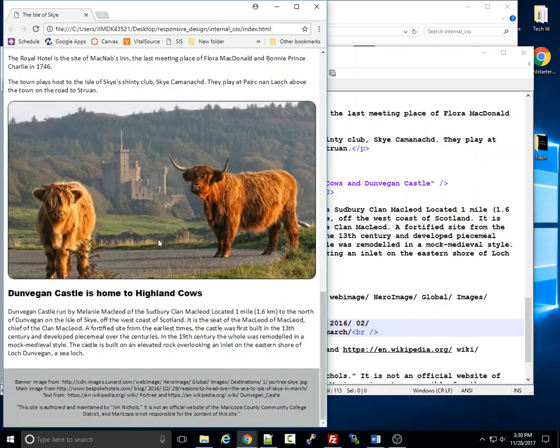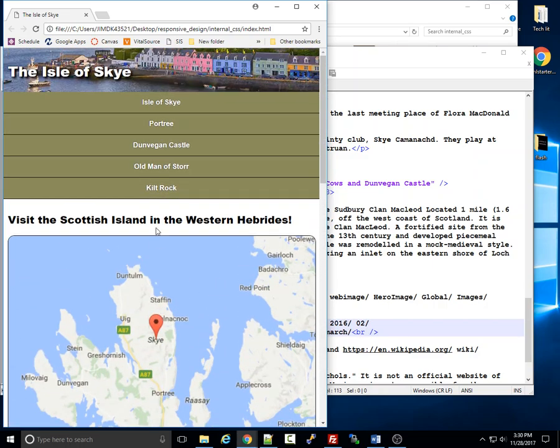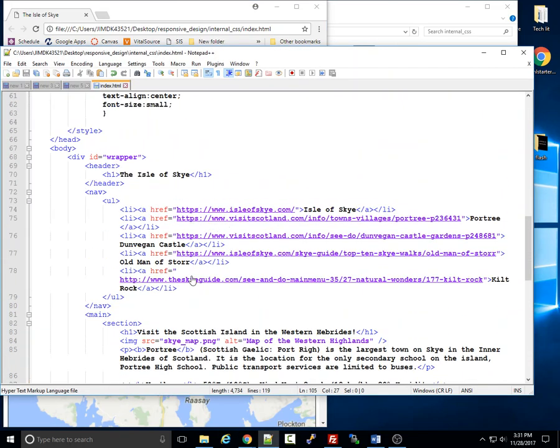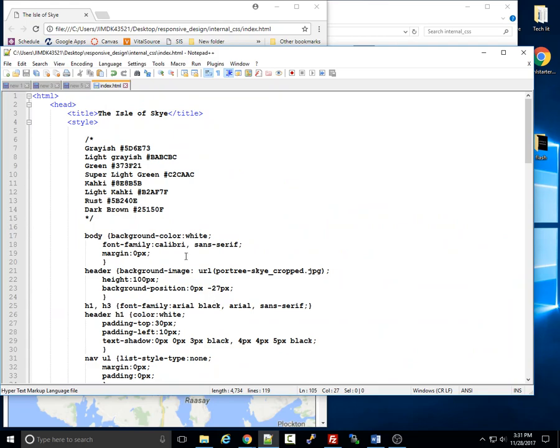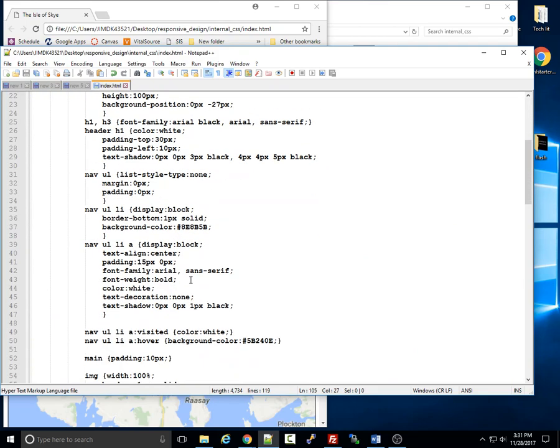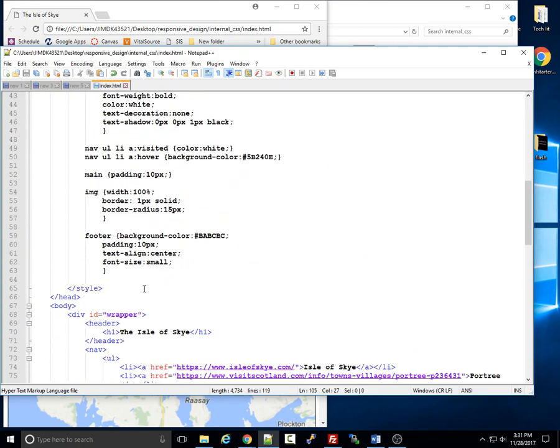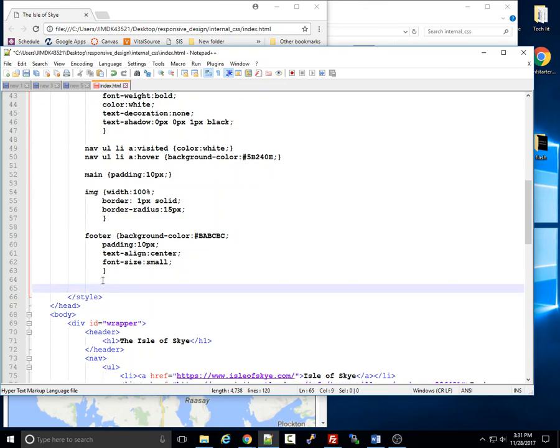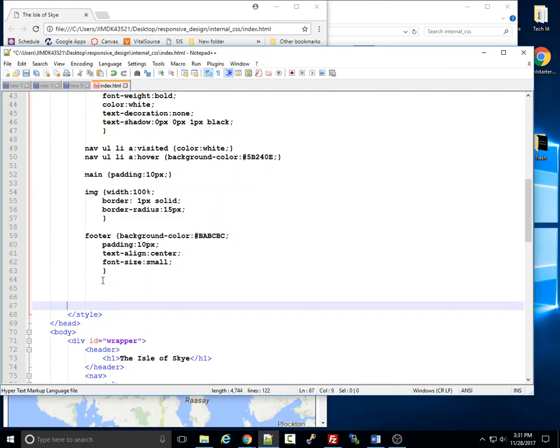But nonetheless, I want to change these things, but I want to change them on the same style sheet without impacting the mobile, the phone style. So what I'm going to do is go into the code, and without changing the HTML at all, without changing the phone styles at all, I'm going to use a media query to create a new style sheet just for tablets. So I'm going to do @media,